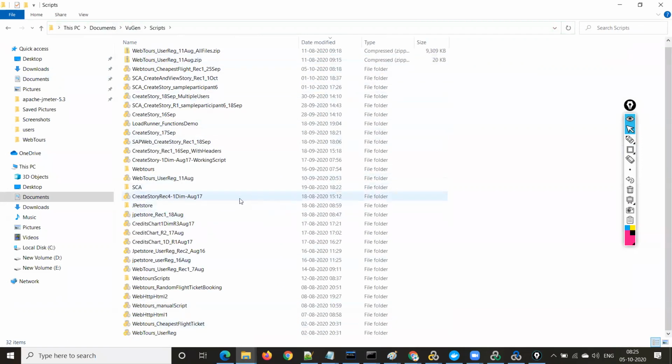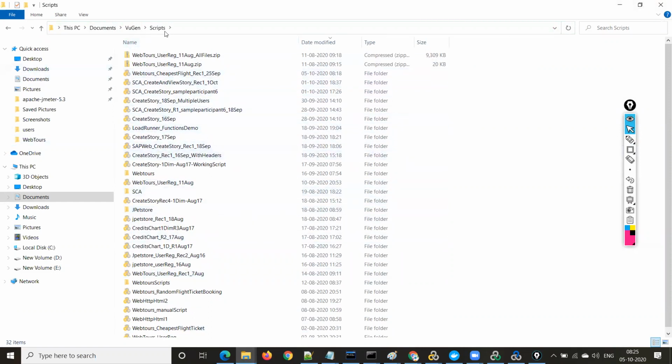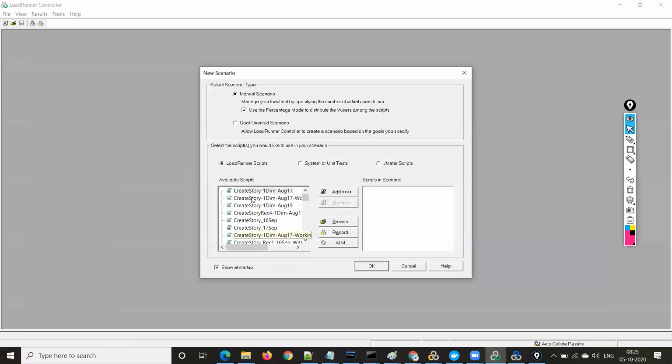This is the default location where your LoadRunner scripts will be stored. Unless you change the path, all the scripts will be stored in this location. You have to remember this path. Whatever scripts are in that folder will be shown here under available scripts.